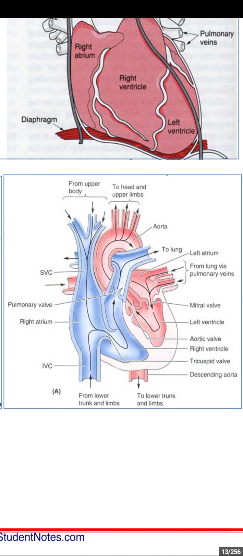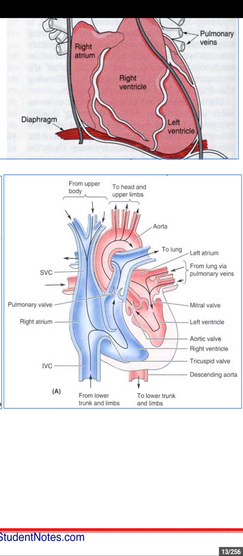So, welcome everyone. In this session, we are going to discuss the different flow of blood from the parts of the body. So, according to the heart's flow, there consists of upper body. The upper body consists of the head and the upper limbs, and the lower body consists of trunks and limbs. So, as you can see, from the lower body and from the trunks and limbs enters through the IVC,